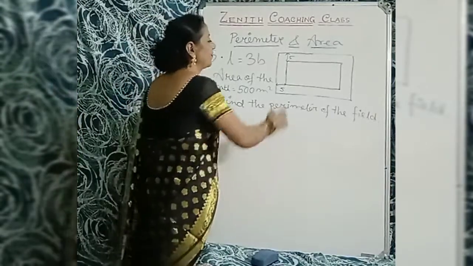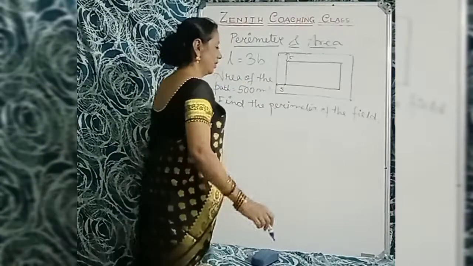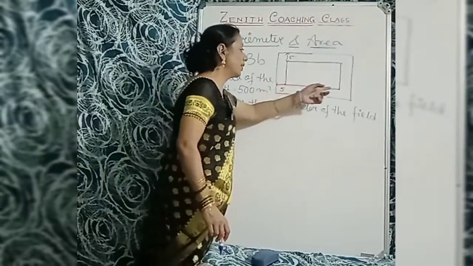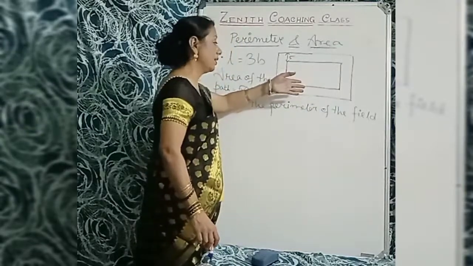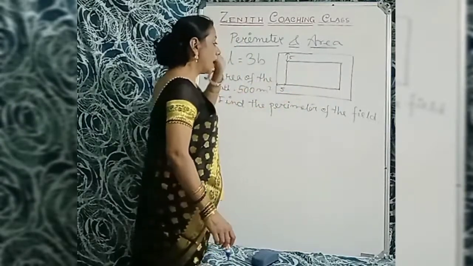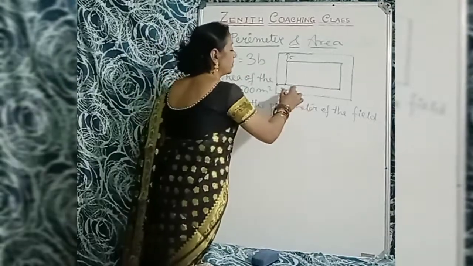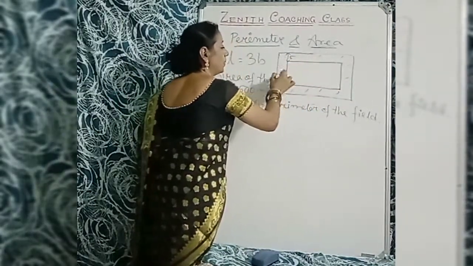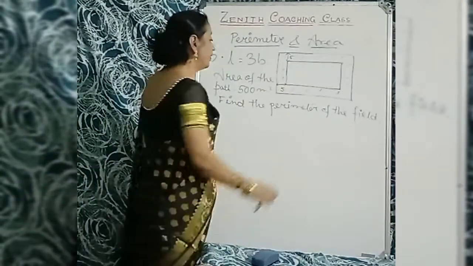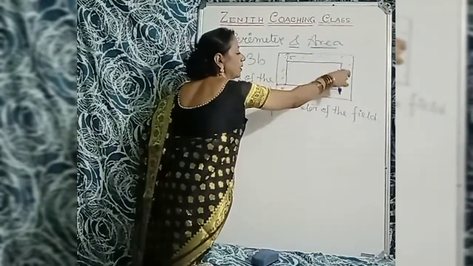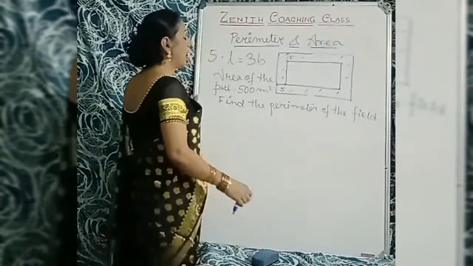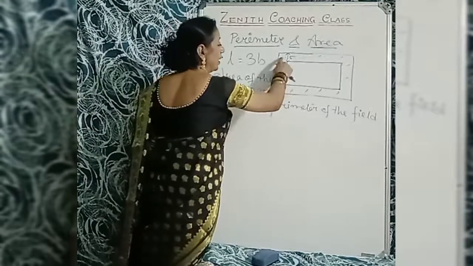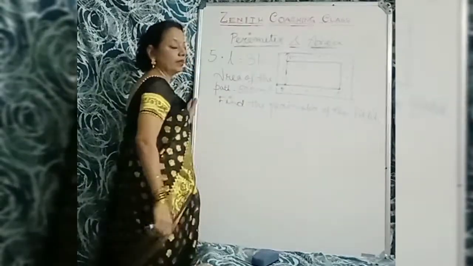Okay. So here's a field, that is a rectangular field. I didn't tell you what's the length and what's the breadth here. And here is a smaller rectangular field. I didn't tell the length and breadth of the field, but I just told you there is a path. Here is the path. Okay. So that is 5 meter width. So here is 5 meter, here is 5 meter, here is 5 meter, and here is 5 meter. And I told you the area of the path also. This is the area of the path equals to 500 meter square.